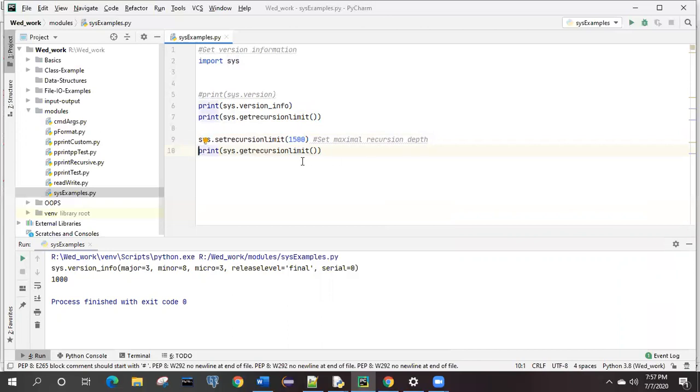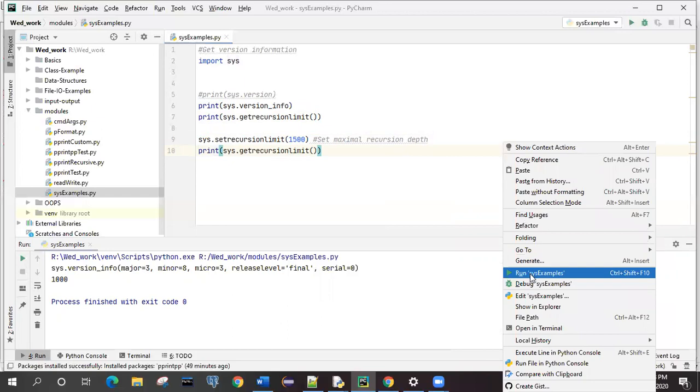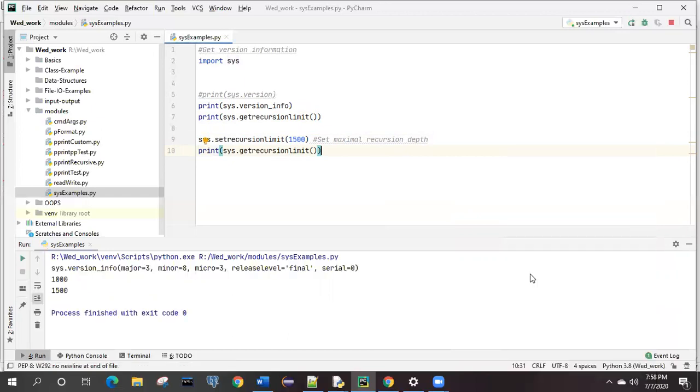So again, you can call the method getrecursionlimit, because you just set it on your machine from 1000 to 1500, so that value should be modified now, right? You can see over here.